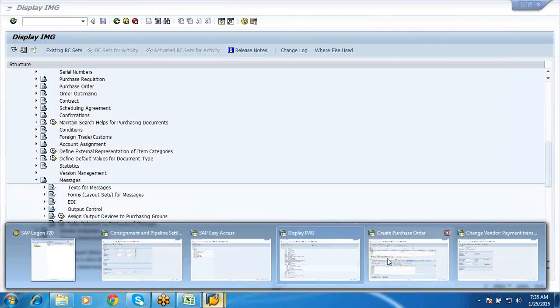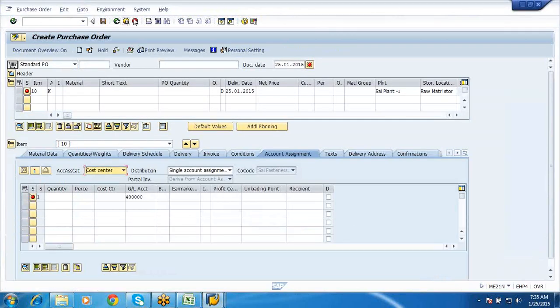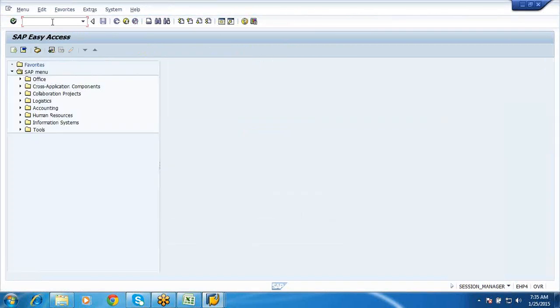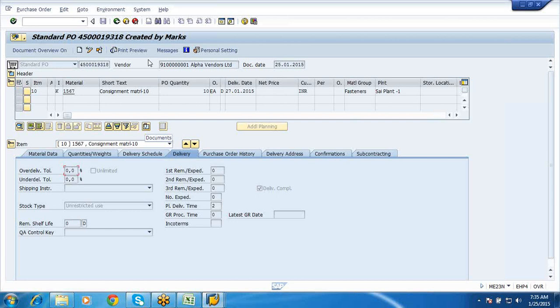Okay. So once you make a PO, okay, hold on. Let me just go for it. Display the PO. So ME21, ME23, and okay, there is something called messages.